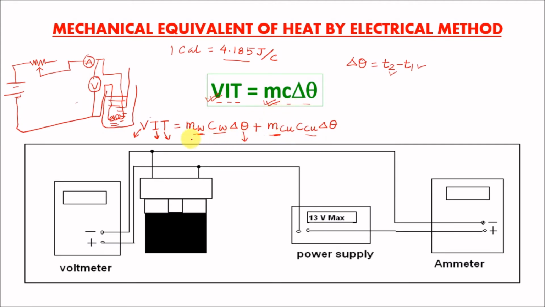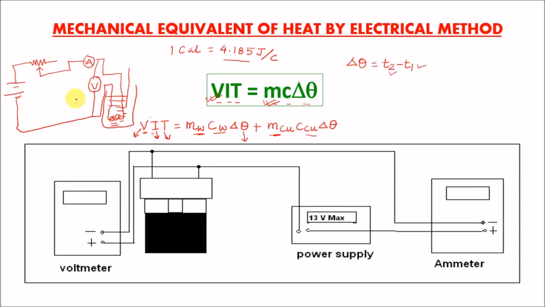As it is very difficult to do experiments with so many variables, a better way is to make some of the variables constant, and that we can do. We can make voltage constant throughout the experiment, current constant throughout the experiment, and we will measure the increase in temperature with respect to time. So now we have only 2 variables to be monitored throughout the experiment. We monitor the rise in temperature as a function of time.